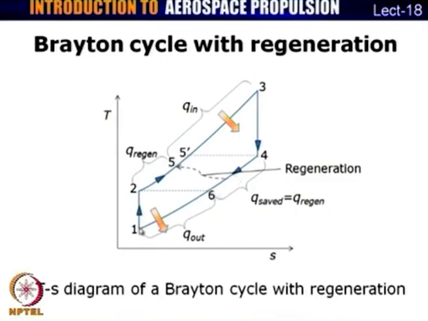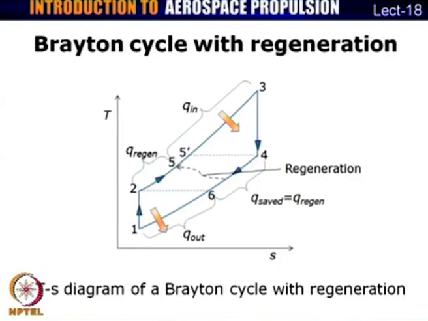So, heat rejected in the simple Brayton cycle would have been equal to Q 4 minus Q 1. This has now been reduced to Q 6 minus Q 1. And since that much heat has been transferred to the cycle, now the heat input required will now be, instead of Q 3 minus Q 2, it is now equal to Q 3 minus Q 5. So, we can see that there is a tremendous saving in terms of the heat required, that is Q in, as well as the decrease in the amount of heat that has been rejected